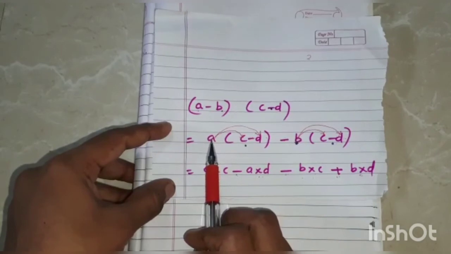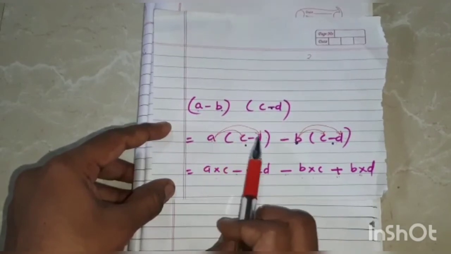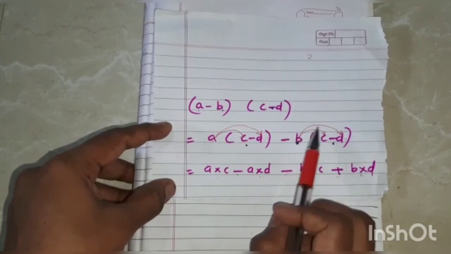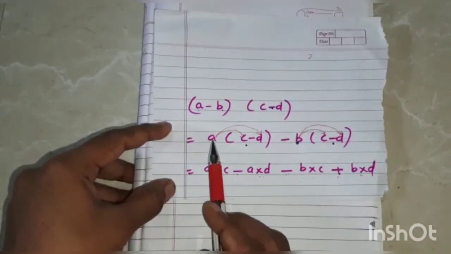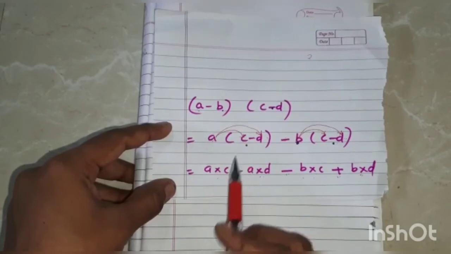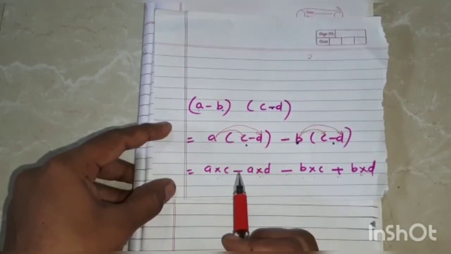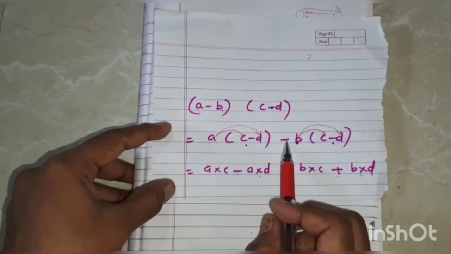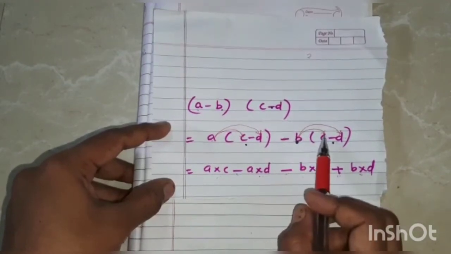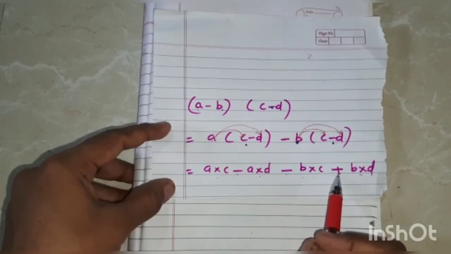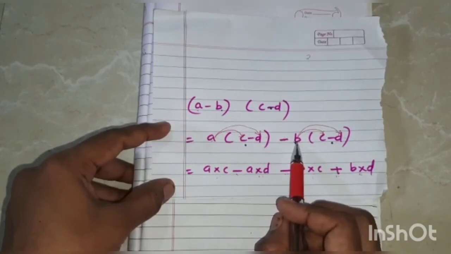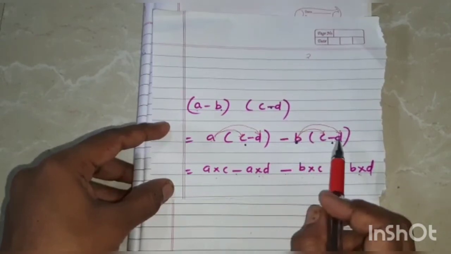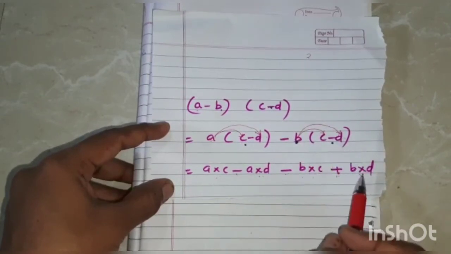So that means I have to multiply A with C, I have to multiply A with D. Then here I have to multiply B with C and I have to multiply B with D. Right? So I will be having here, and the next step will be A into C. This minus sign I am writing as it is. Then A into D. Okay. Then again this minus sign here as it is. B into C. Right. Then here since we are multiplying this minus B and minus D, minus of minus is plus. So B into D is here.